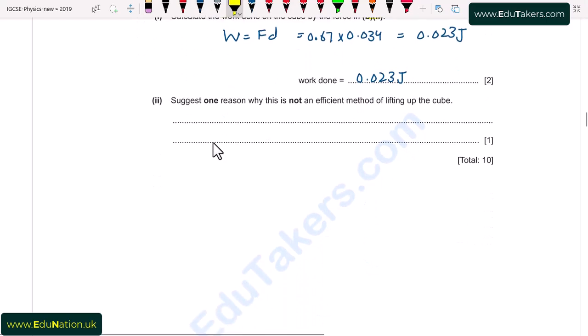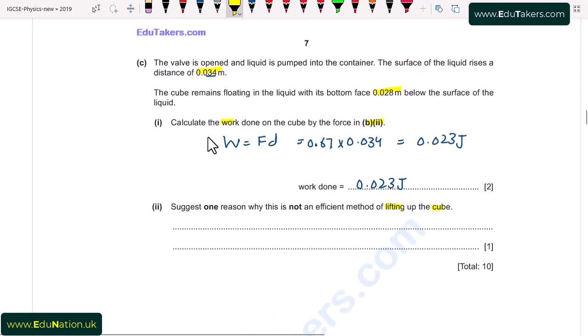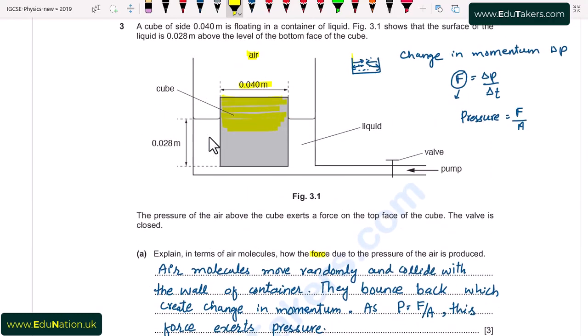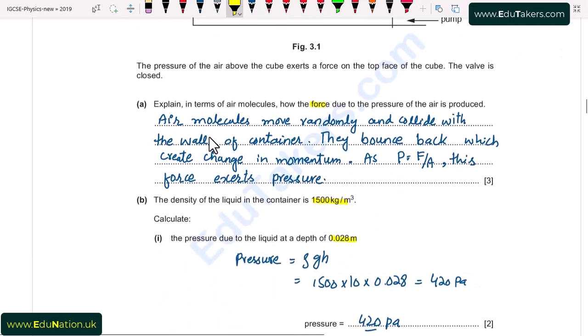Part 2. Suggest one reason why this is not an efficient method of lifting up the cube. So this method is not efficient. We have to explain its reason. Going back to the diagram, we can see that when we have to lift this cube, we have to lift the liquid as well, because there is a liquid inside this cube. So when we do work, we have to supply energy to lift the cube and the liquid as well. And there must be enough energy. That's why this system is not too efficient, because energy will be used to lift both cube and liquid. I write here